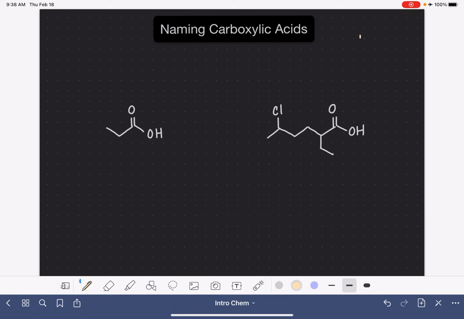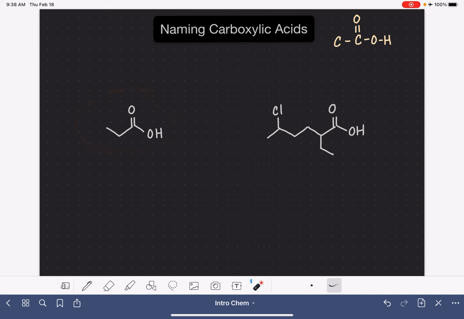A carboxylic acid is a molecule that has a carbon-oxygen double bond, and on the carbon atom there is an oxygen which is bonded to a hydrogen. On the other side of the carbon atom there could be a hydrogen atom or it could be another carbon atom, doesn't matter. In this video I'm going to teach you how to name carboxylic acids, starting with a pretty